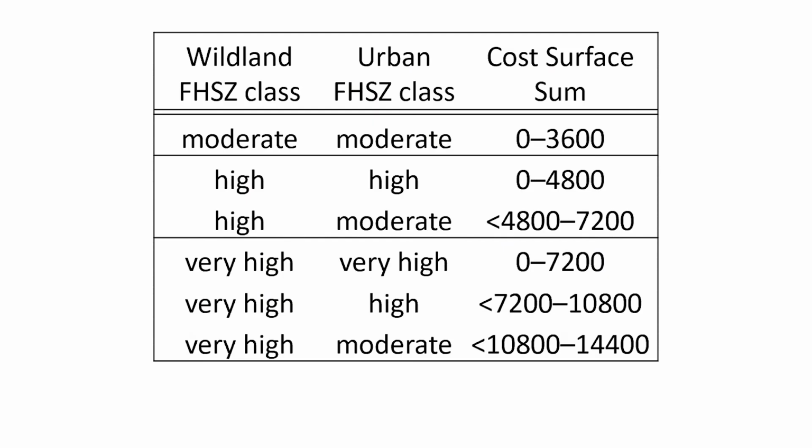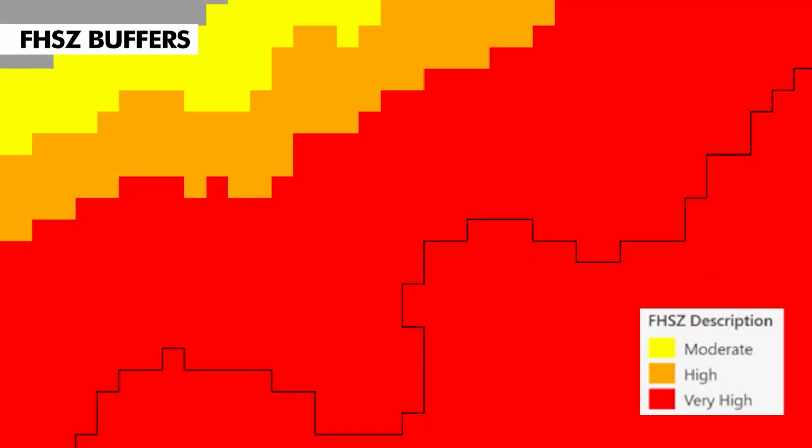The cost surface, reflecting each grid cell's value for brand load, slope, and tree cover, is then used to calculate the width of FHSC buffers. Moving along a line from the wildland edge, the values of sequential grid cells are summed together until the total exceeds the specified value shown in the table. The FHSC class of the first buffer adjacent to the wildland is the same as the FHSC class in the adjacent wildland. As cost surface values are added up, the buffer transitions to lower FHSC classes.